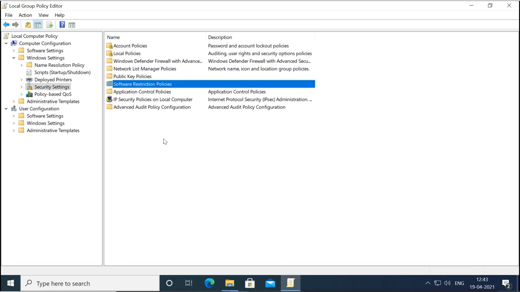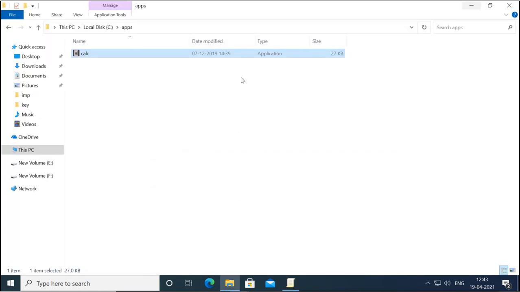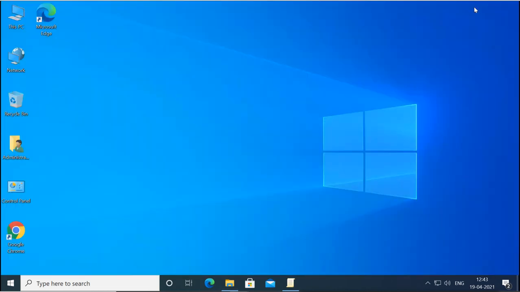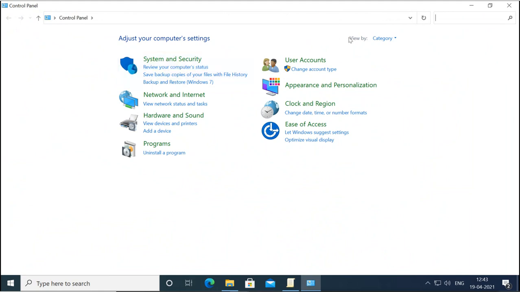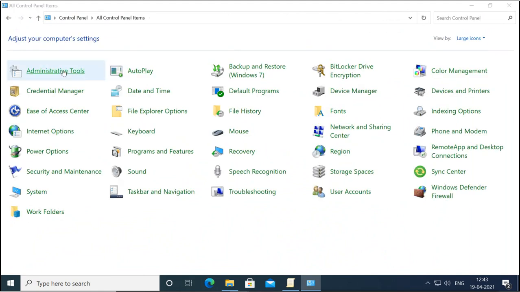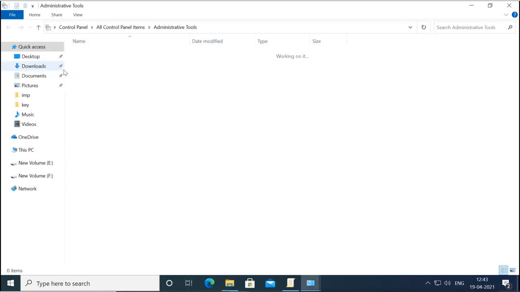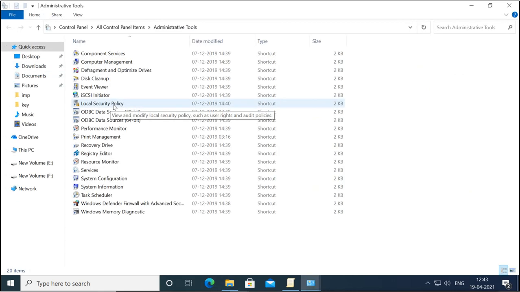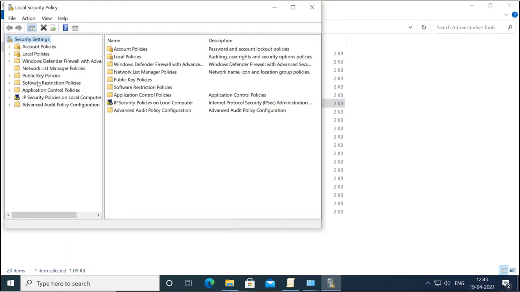The same thing we can reach directly from local security policy, from the control panel, under administrative tools, and we can directly open the local security policy, and from here we can go to software restriction policy,